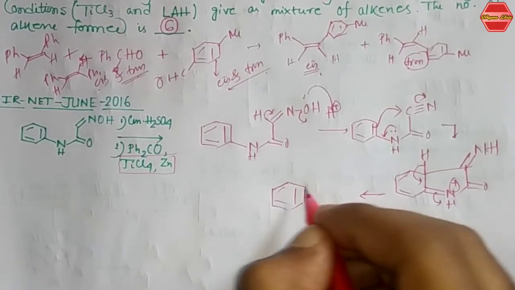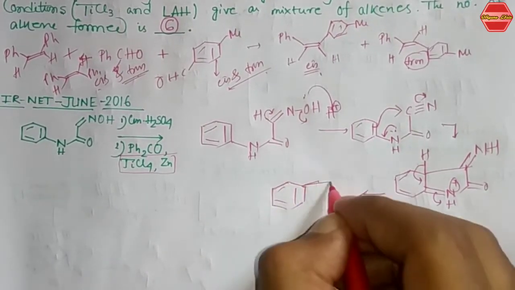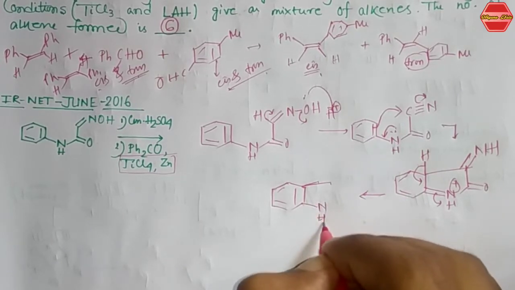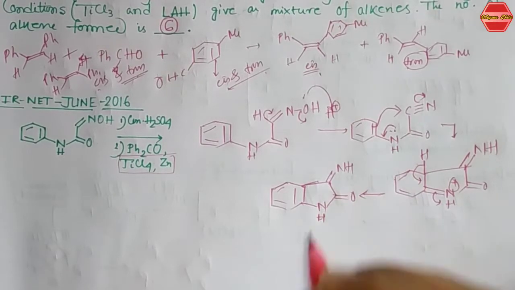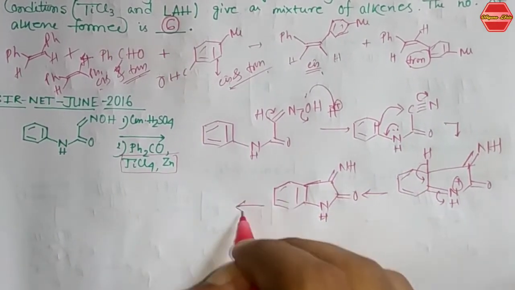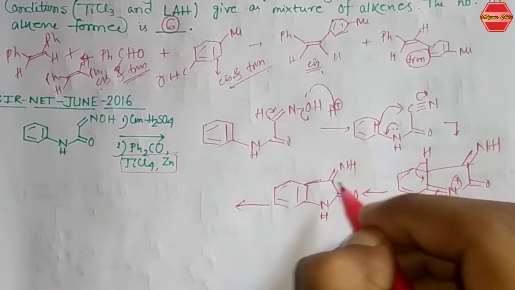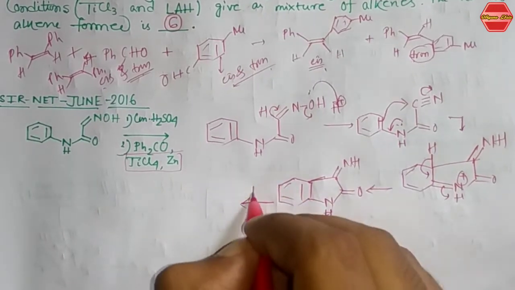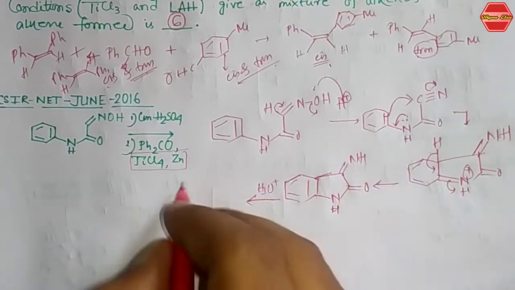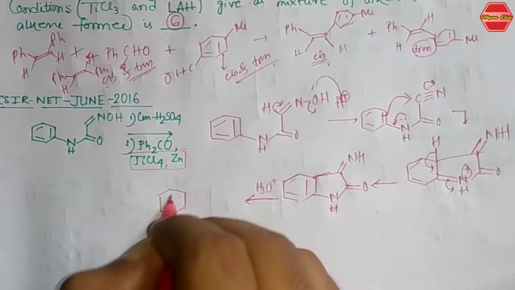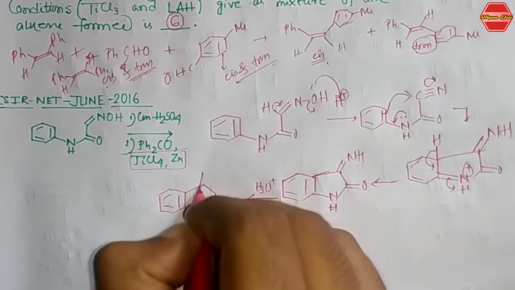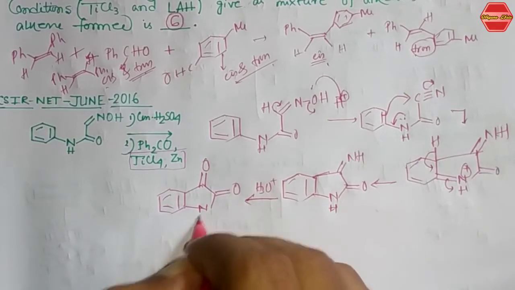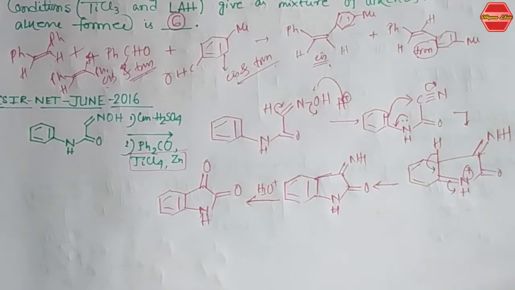Like this you are getting this product: NH, that is your NH, and this is your double bond O. Now in presence of acid, it can hydrolyze, that is your imine hydrolysis. So in presence of acid, imine hydrolysis takes place, so that the product that you get has a double bond O. Here you have double bond O like this.